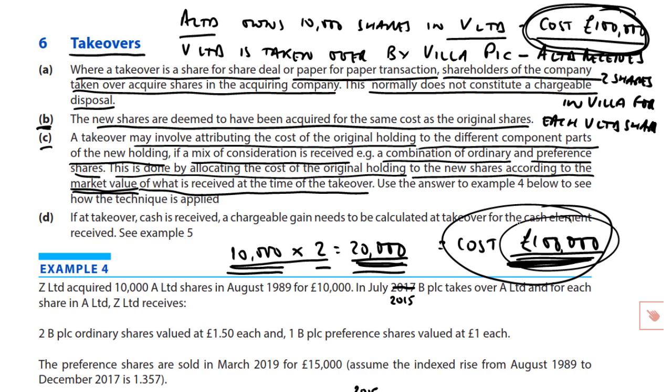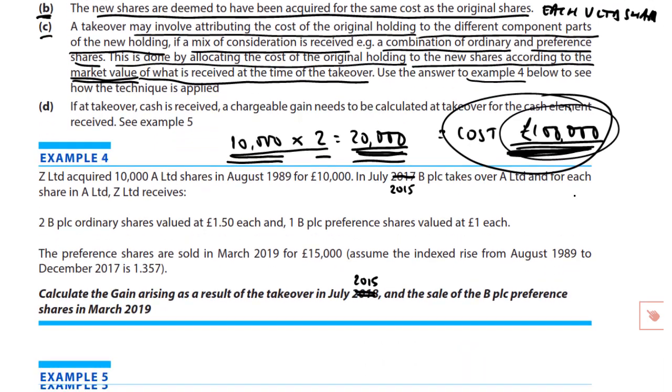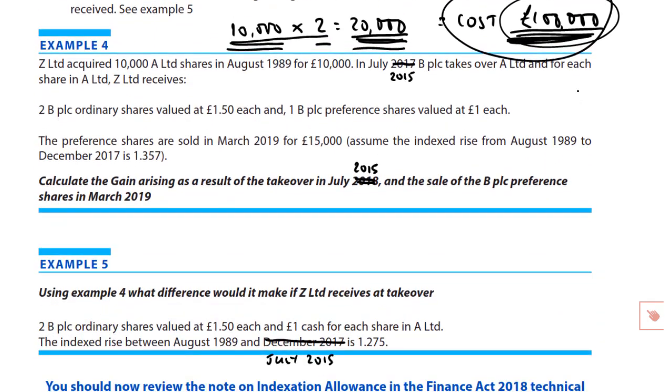And once you know those respective costs, should you have a disposal of any of those shares, whether ordinary or preference, if you have a cost, you can work out an unindexed gain. If you have a cost, you can work out indexation allowance, and the job is complete. Right. What we've got, therefore, is example 4 now to deal with this, and we'll work this through